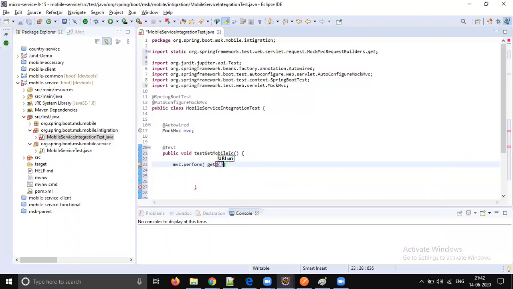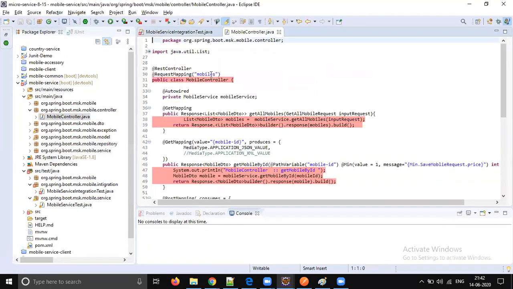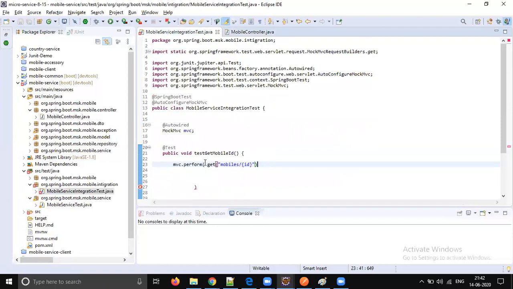We need to send only the base part, slash mobiles. Mobile or mobiles, let's check that. What is the path of the controller, get by id, mobiles slash id? Yes, so let's pass this id.